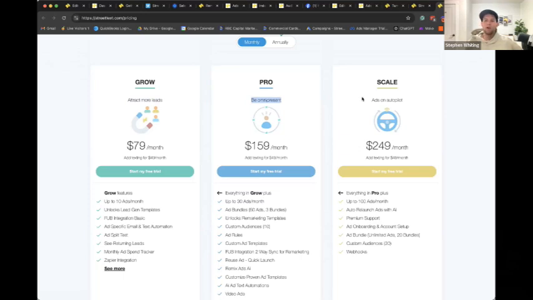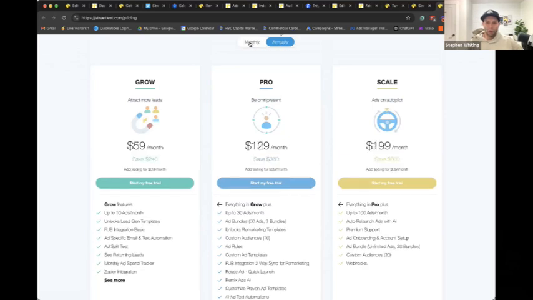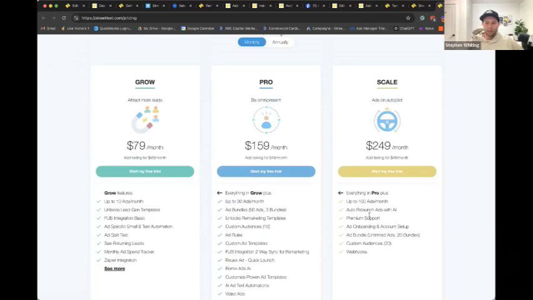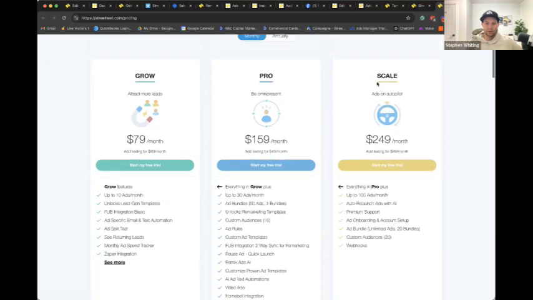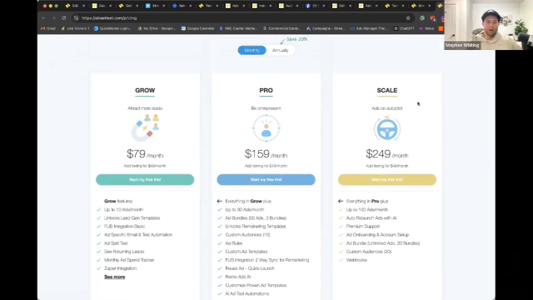And if you want to use our AI features, then it's a little bit more money. It's $249 on the monthly or $199 if you pay annually. This essentially allows our system to relaunch ads for you, so if you have much more money than time and you want the system to do a lot more of the work for you, that's what you're getting with the AI plan on the Scale plan. If you're just starting out, you don't need that. You can grow into that. So you'd pick either the 79 or the 159.